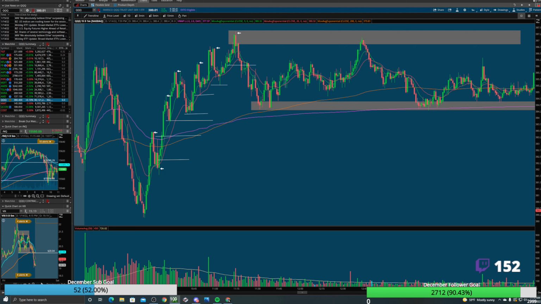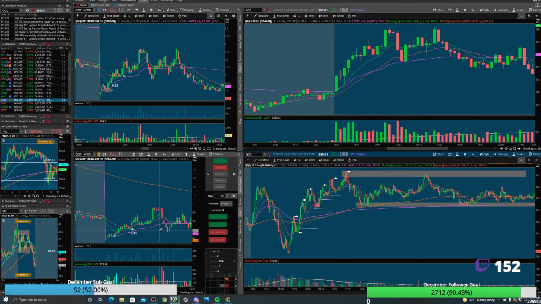When having both the options chart and stock chart up, is this distracting, y'all? No, I always have the options chart up. Always. What you can do also, like a trick,